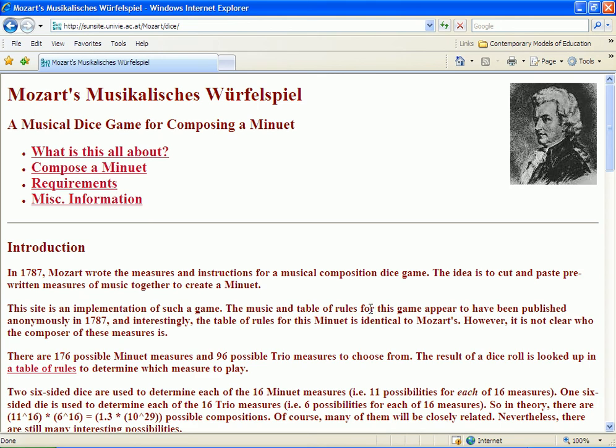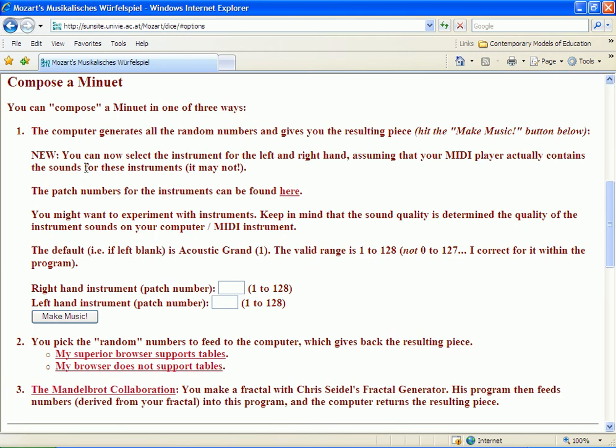There's this wonderful site on the web where you can compose a minuet, and you simply play music, and it picks randomly one of each of the options. So when you press play music, it will play a minuet trio that Mozart wrote, but the likelihood that anybody has ever heard that before is just as likely as they go to the packed globe and pick somewhere the identical grain of sand.